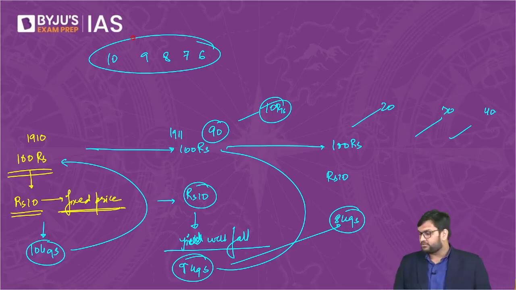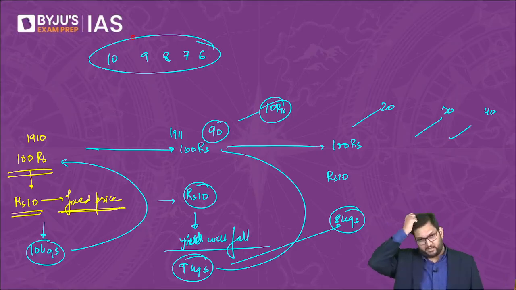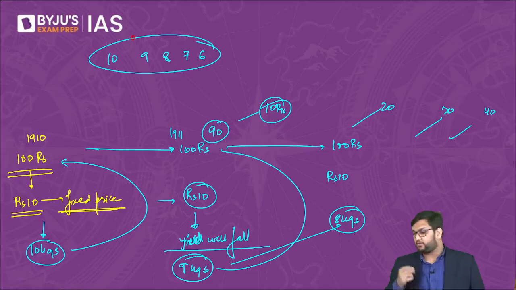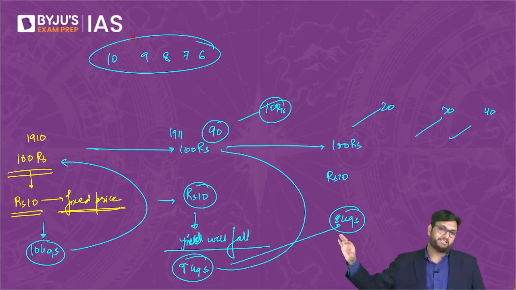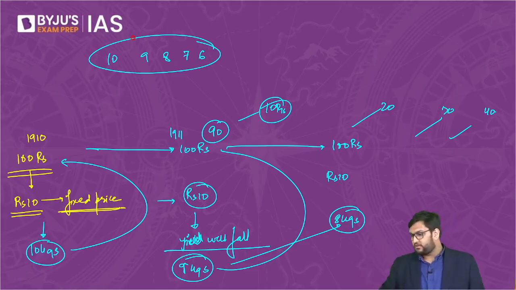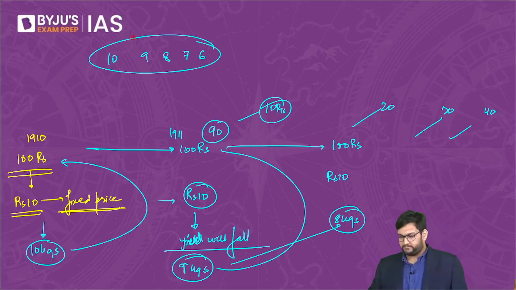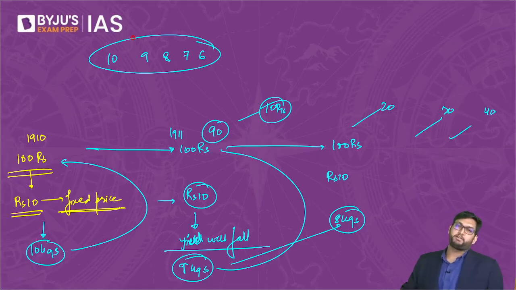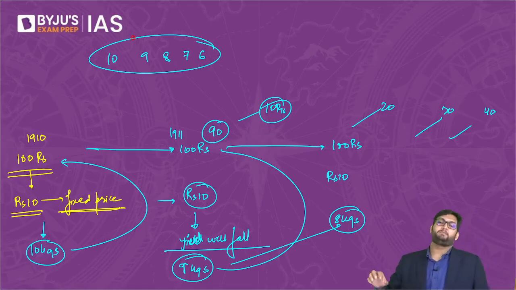Why? Because the Germans were able to develop what is called a synthetic indigo dye. They did not need the plant itself. They could get the blue color out of a chemical. And that in turn meant that even when the price crashed, still they were producing indigo at a loss and selling it at a loss. And when it becomes more and more evident that the peasant cannot come out of this trap,